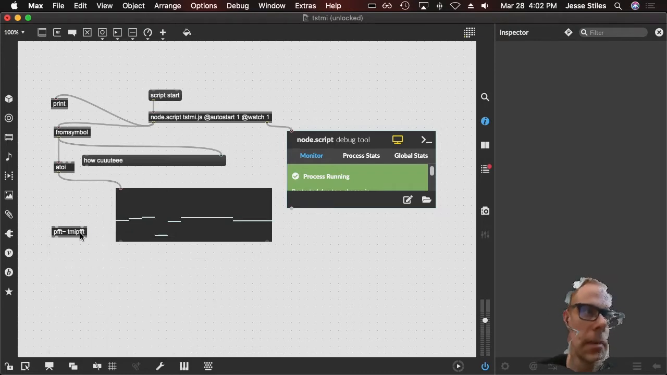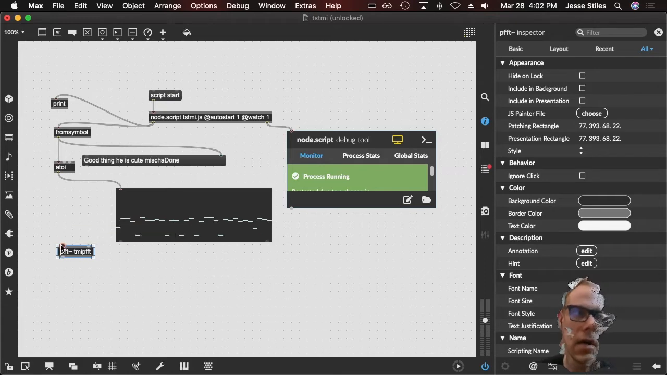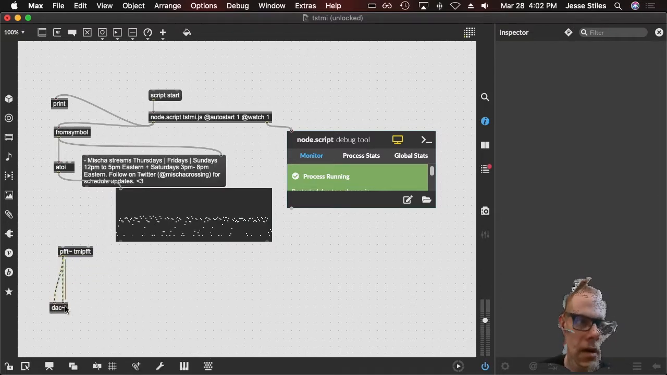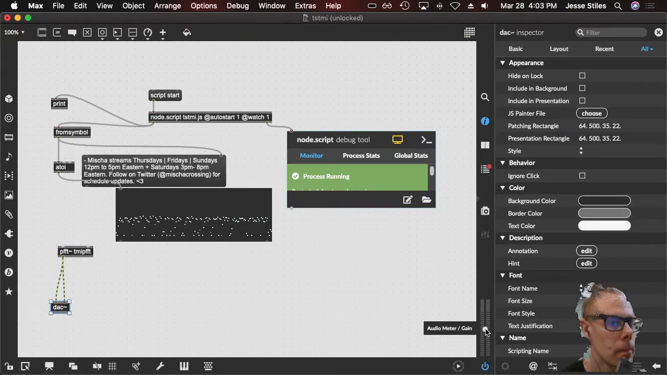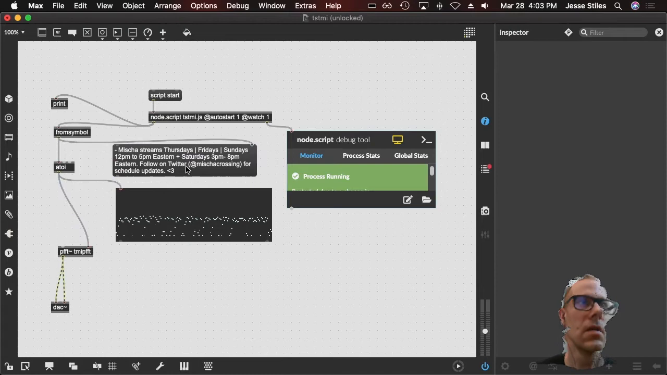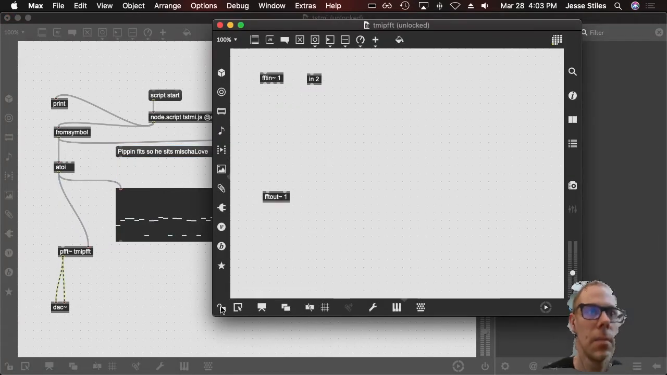All right, back here on the main patch, let's make a PFFT that can load this patch we're making, TMI PFFT. We've got one inlet for audio. We're actually not even going to use this. We're just going to send the list to the second inlet, and then we will get audio out into our speakers right here. So let's pass this list into the second inlet. Go back into our PFFT patch,